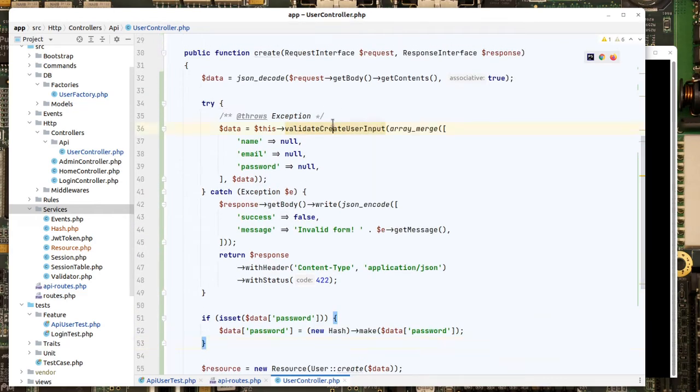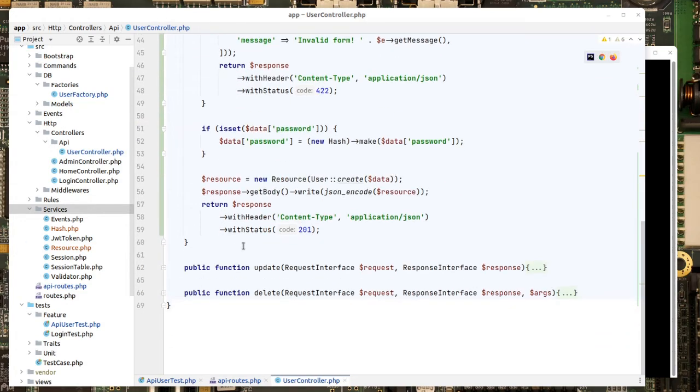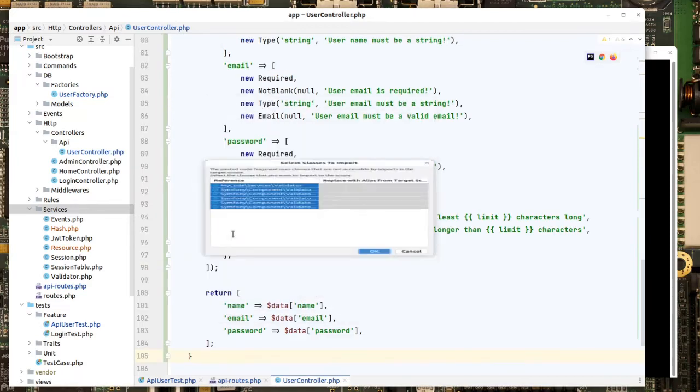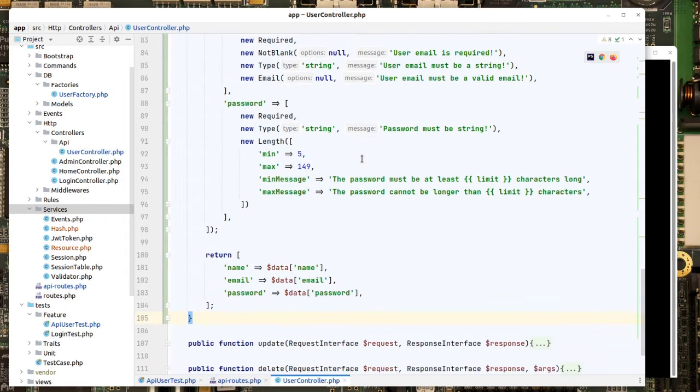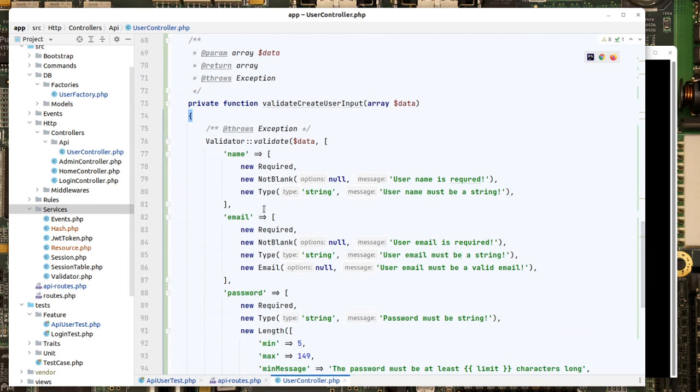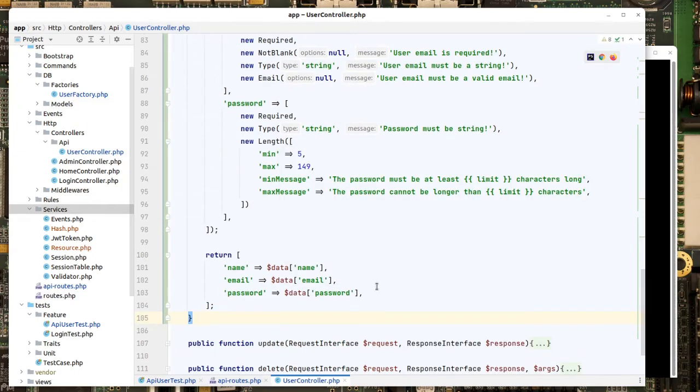So now let's build the validation. So the validation, I have the method ready for us here. It's going to be a private method right after. And here we are. Actually, this is still not the update, it's a little bit different. This is not that different. So what I'm doing is I'm doing the normal validation as the other operations that we have to do it, and then I return only the